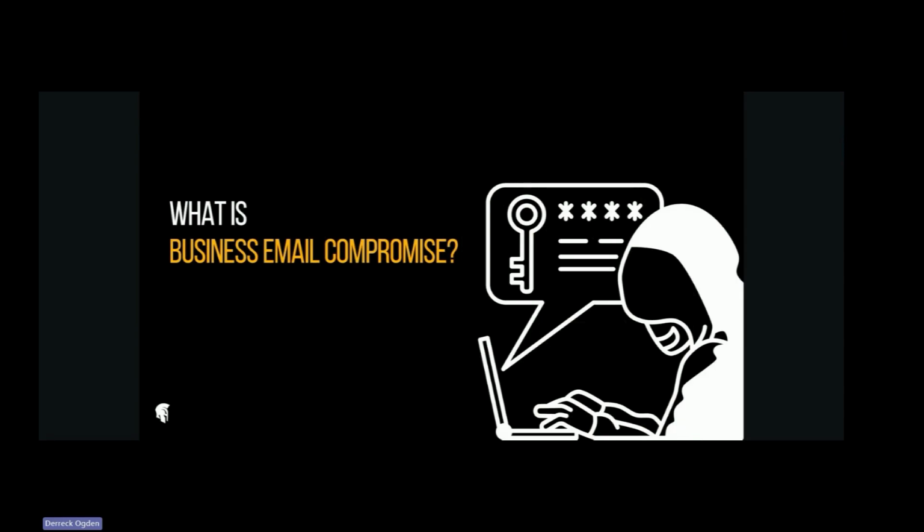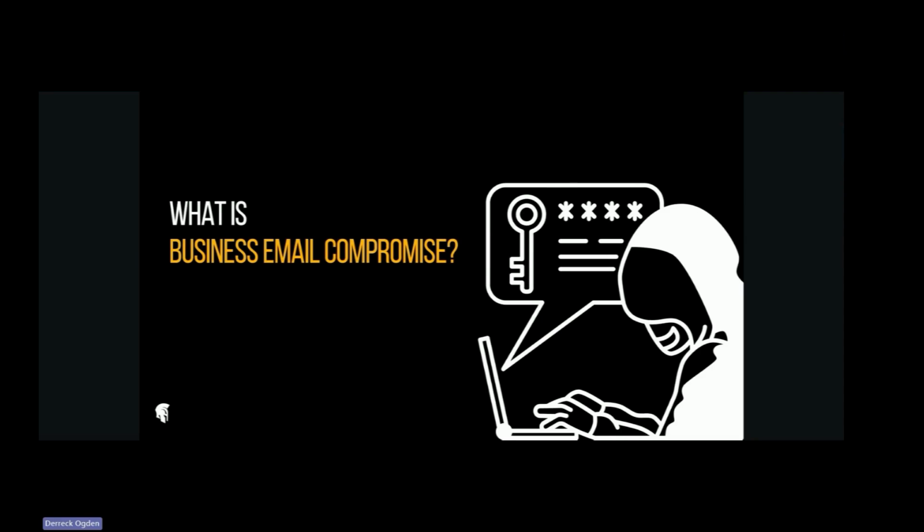So let's talk about BEC, or business email compromise. This is what happens, and it's generally a result of a phishing email. Usually it happens when a user clicks on a link in an email or opens an attachment in an email. The link could install software on their computer. The attachment could install software that allows remote access to a bad guy or starts sending information out to a bad guy. And we often run those tests in the penetration test that we do for our ABA group for the $97. That simulates, okay, if somebody clicks on a phishing link, what will they see, right? And then we show that to you so that you can start buttoning things up and cleaning things up on your own. So I highly recommend that.